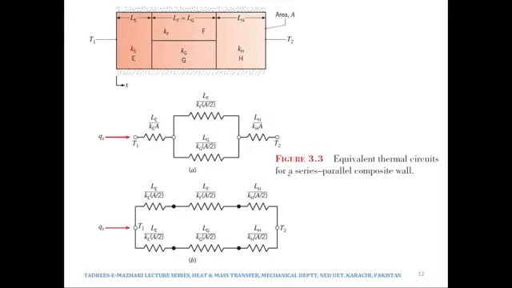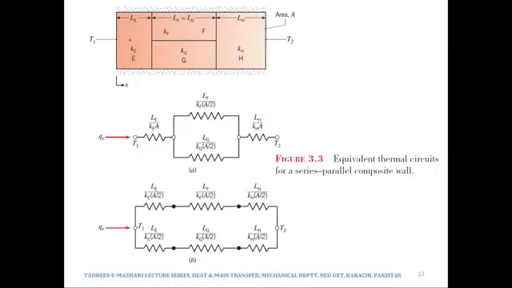Now this is a different diagram, and over here you can see that we have got the resistances in parallel. Now how can we have resistances in parallel? We have seen one example previously where convection and radiation were taking place simultaneously. Now in here